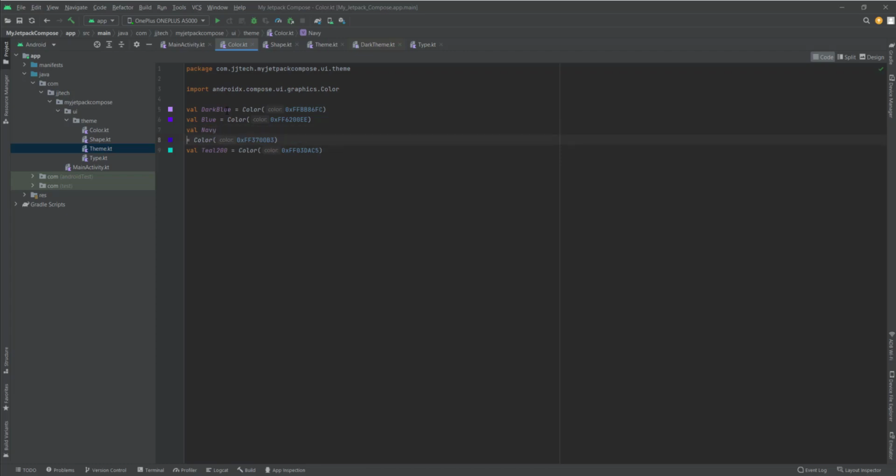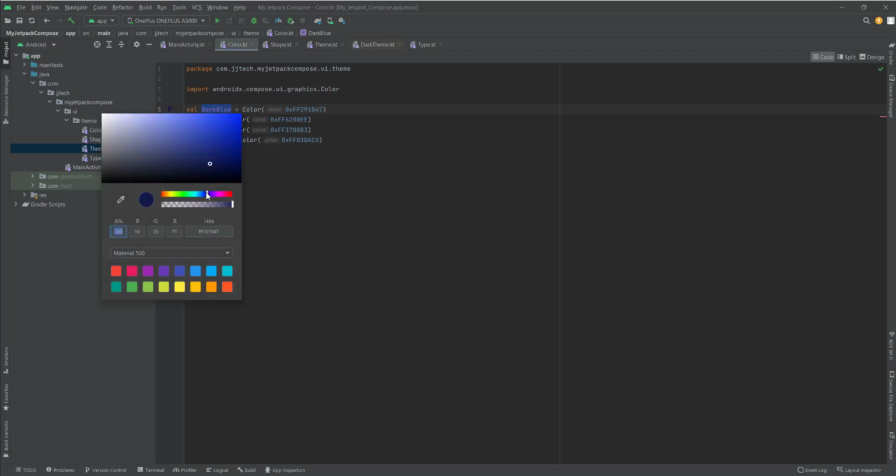Sorry. Dark blue, we will use it for the status bar. So let's create our color. Sorry, we will use it for